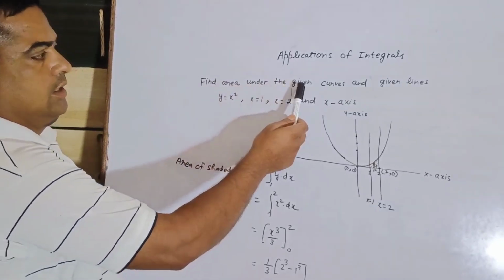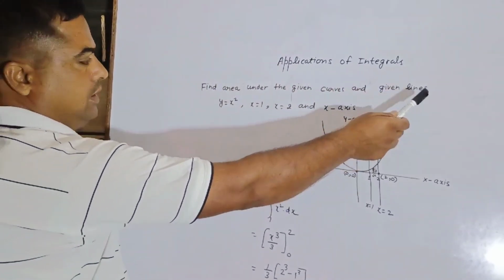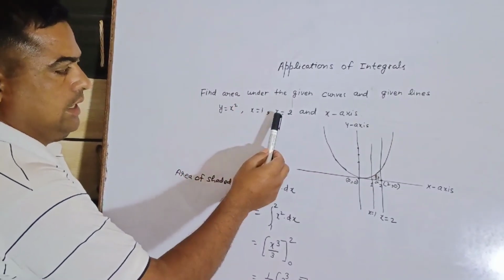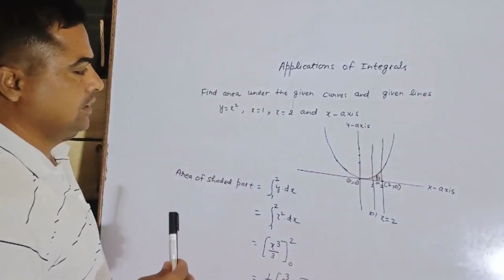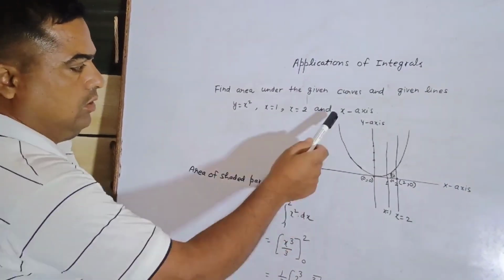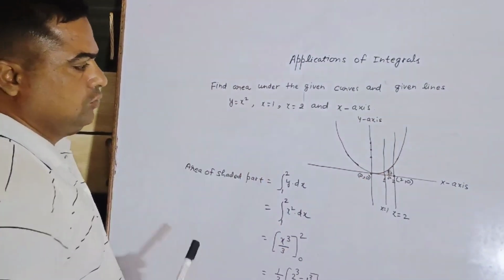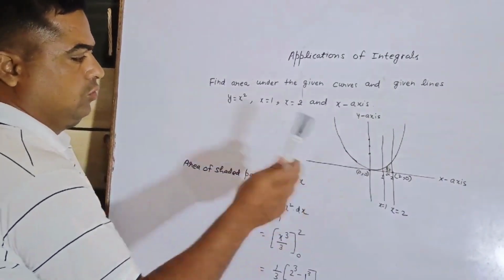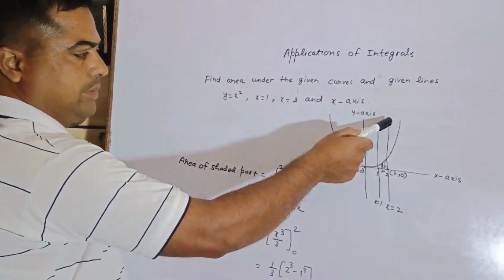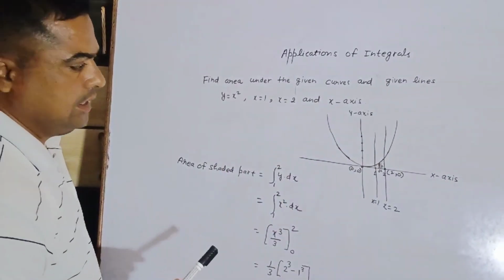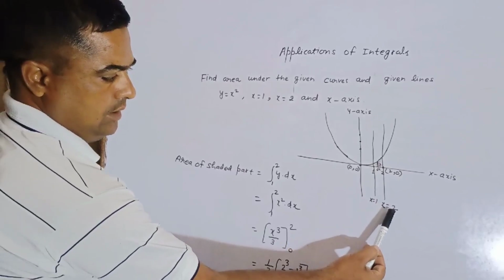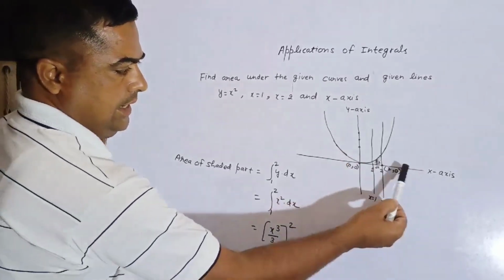Find the area under the given curves and given lines. y equals x square, x equals 1, x equals 2, and the x-axis. Students, we know y equals x square is a parabola along the y-axis. x equals 1 will be a line parallel to the y-axis. x equals 2 is also a line parallel to the y-axis. And we have to find the area bounded by x equals 1, x equals 2, the parabola, and the x-axis,